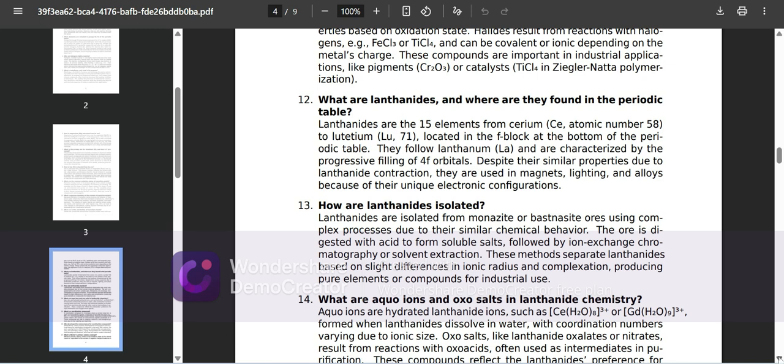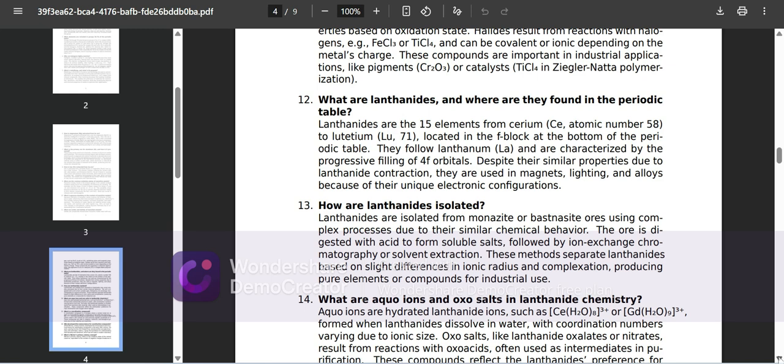What are lanthanides, and where are they found in the periodic table? Lanthanides are the 15 elements from lanthanum La, atomic number 57, to lutetium Lu, 71, located in the f block at the bottom of the periodic table. They are characterized by the progressive filling of 4f orbitals. Despite their similar properties, due to lanthanide contraction, they are used in magnets,